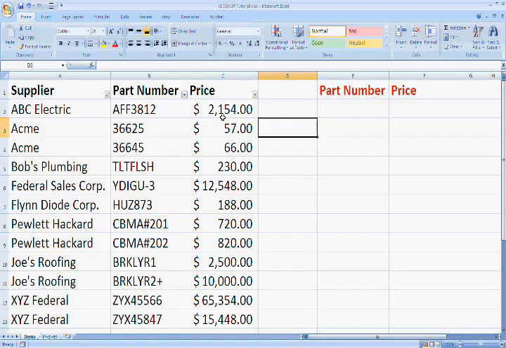Hello, you're watching the Microsoft Excel step-by-step VLOOKUP tutorial. The video will show you how to use the VLOOKUP command in Microsoft Excel 2007. Now this also works if you're using Excel 2003 or 2010, but for the purposes of this presentation I have